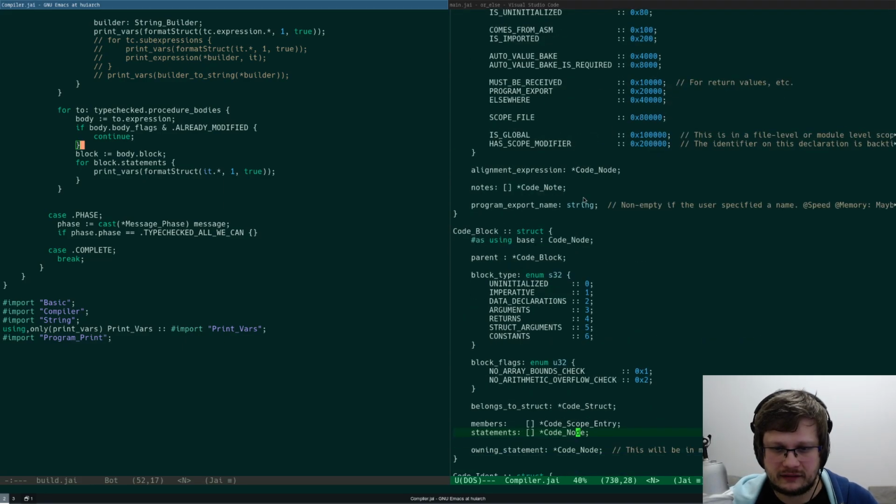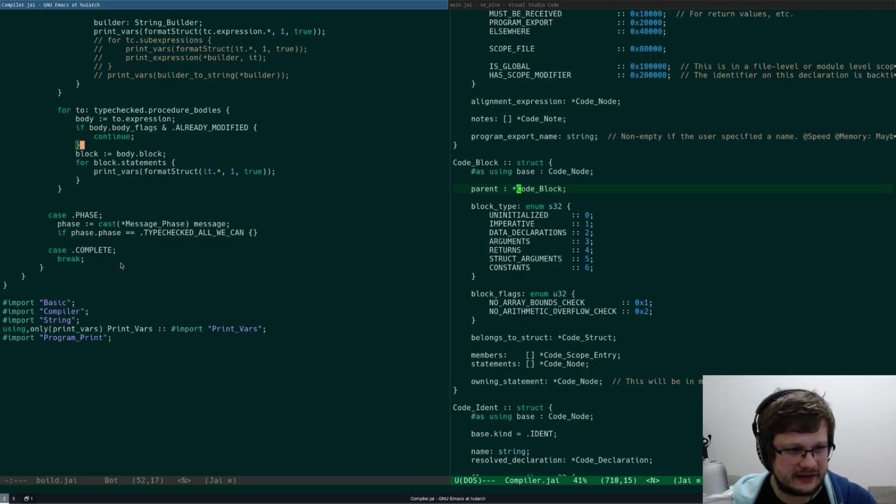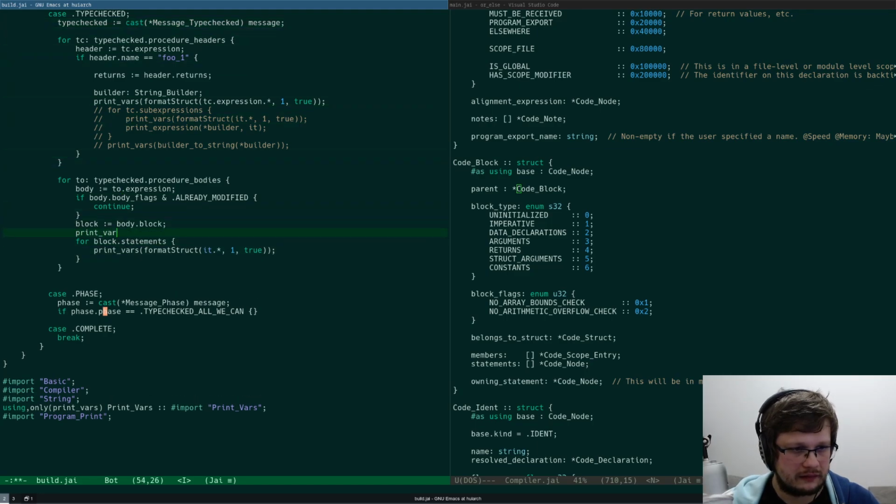Does body code block have a parent? Yeah, let me inspect the parent. Block dot parent dot star.